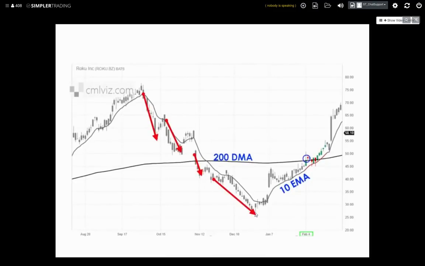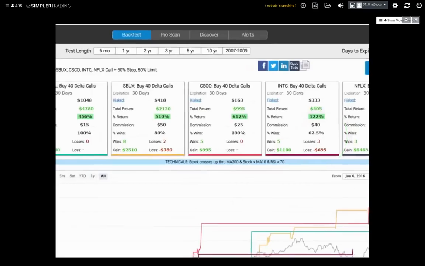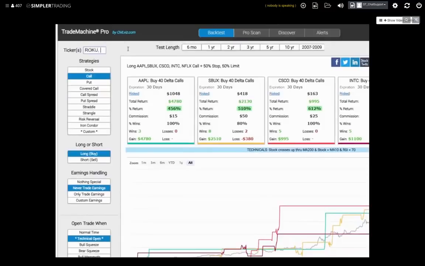But that's in hindsight. Remember, in real time, we saw the days coming. We never knew when the dip was going to end. You might have thought this was the end of the dip, and you would have seen another 40% collapse in the stock. The point is not to buy the dip. The point is to buy the dip when historically the dip is ending and the stock is returning to an upswing. We can go ahead and add Roku and even AMD into the backtester and see the results for those